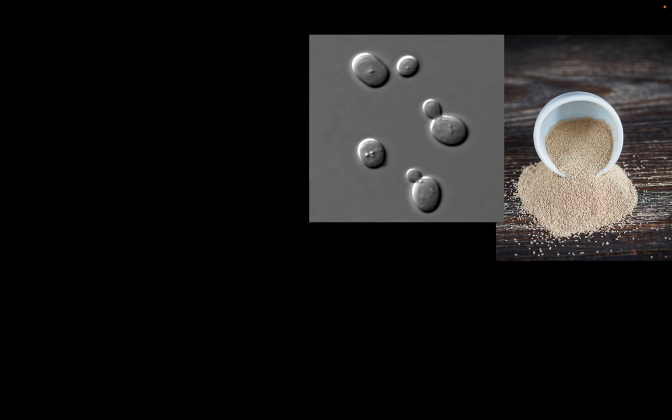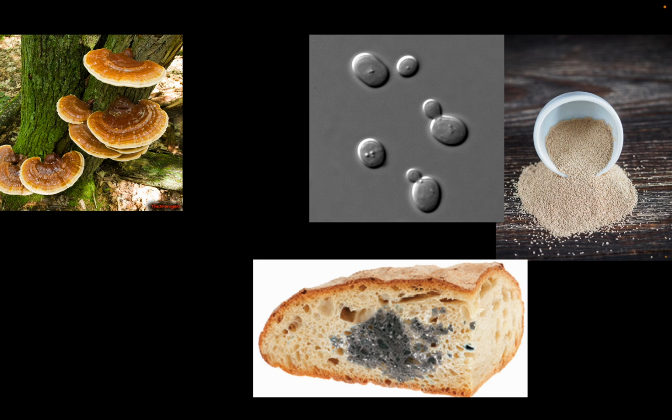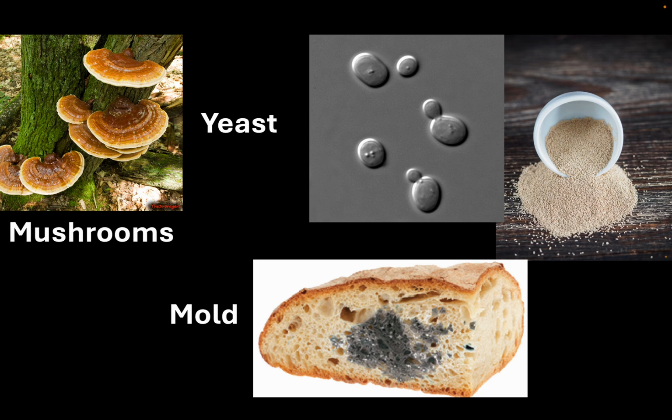So if we just look broadly at these groups of fungi, we have yeast, yeast and mushrooms, and we have molds. And these are all classic fungi groups that we think about. Maybe you don't think of yeast as being a fungi, but the yeast that helps make your bread is a fungi. Molds are fungi, so these typically thrive in more moist environments. So if you have a humid apartment or dorm room, you're probably more likely to see this mold growing.